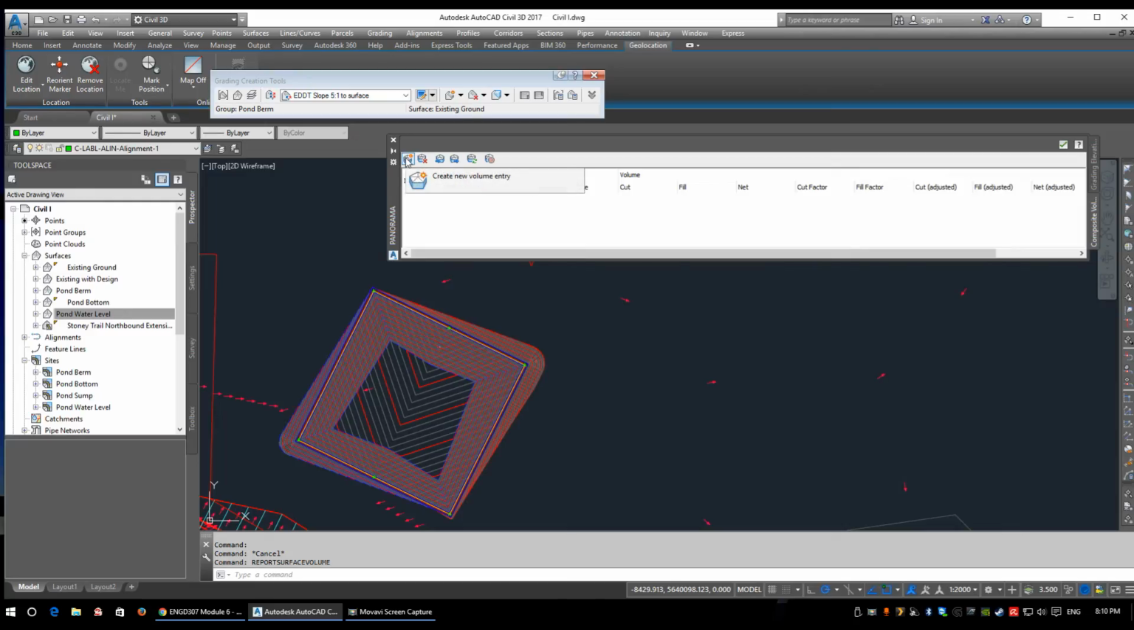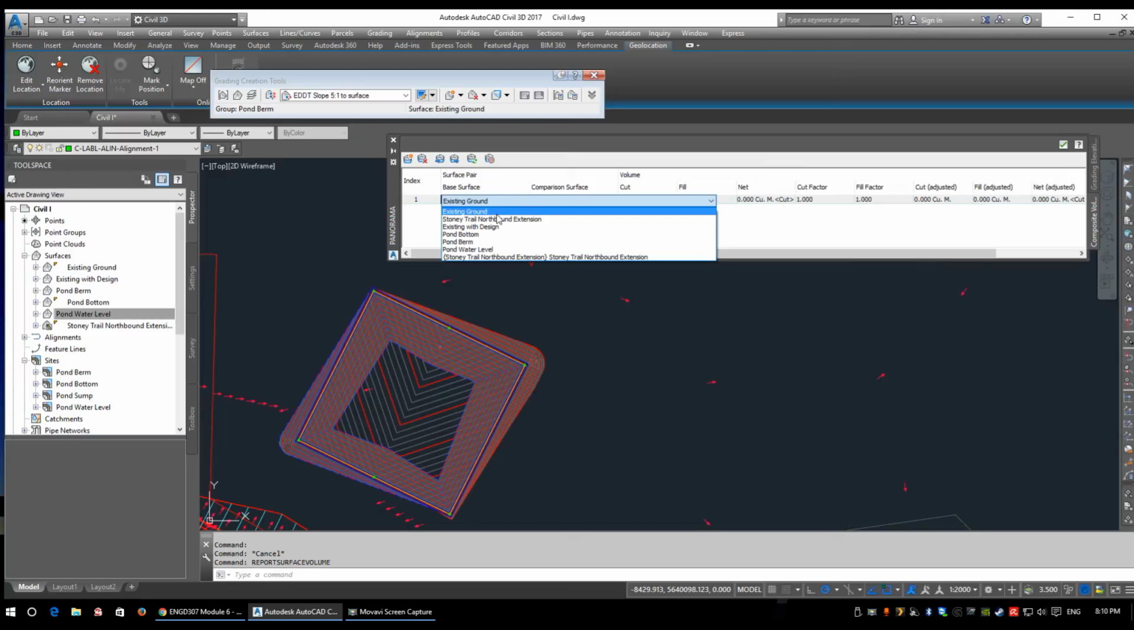So I'm going to create a new volume entry. My base surface is going to be my pond berm. Now it's hard to visualize when comparing a pond surface, but if we're doing existing ground, your base surface would be your existing ground, your comparison surface would be your design. So we're going to treat the pond berm as our existing ground and the water level as our design. So pond berm would be your base surface, pond water level would be your comparison,